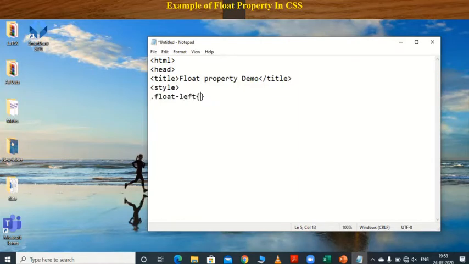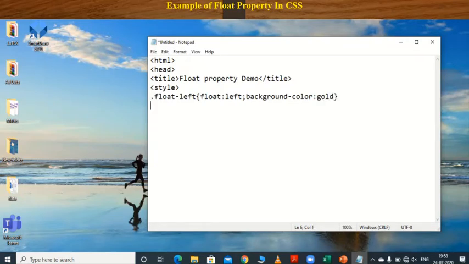Then we have to set one property here, that is float as left. Float left semicolon, background color colon gold.